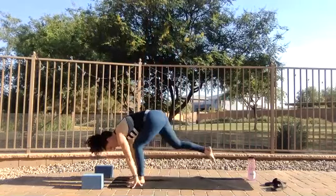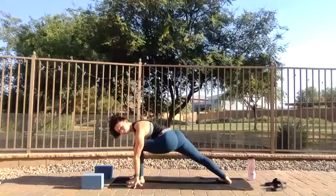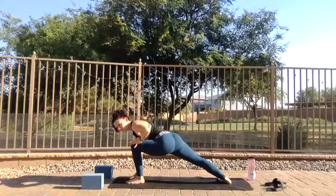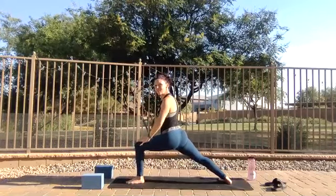So the right leg takes that big step back. We're gonna pivot the back heel down, and I want you to push the outer edge of the foot down. Knee is over your ankle. If you need to use your hand for a little assistance to rise, you can. And then we breathe in,